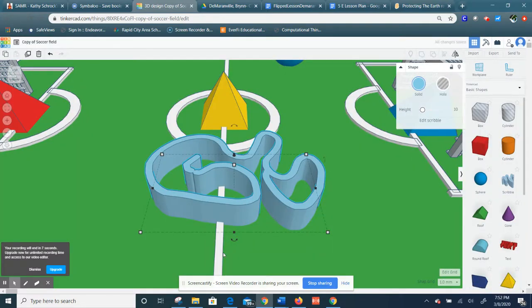Our school has 3D printers, so some of the designs we allow to print. The filament